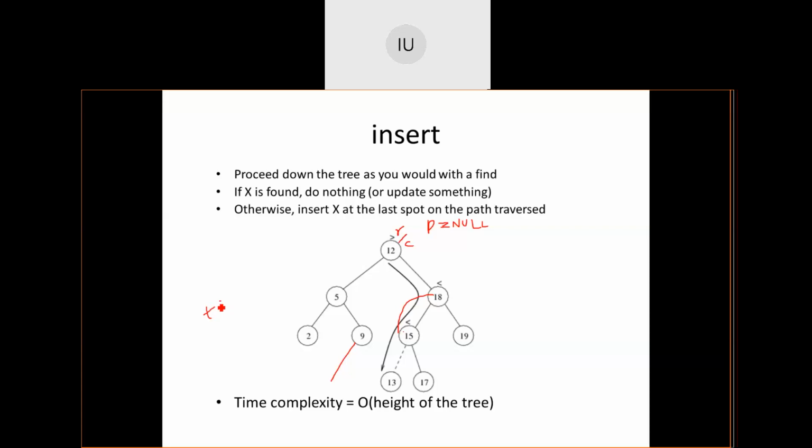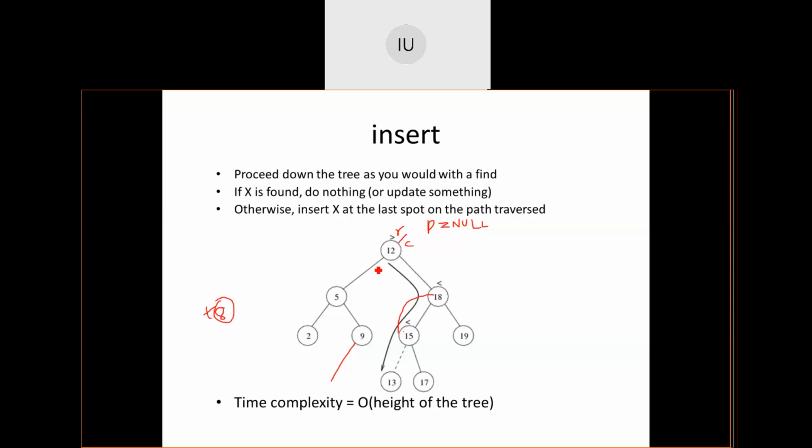Now temp contains the element to be inserted. What is that element to be inserted? 8 is the element to be inserted. Left and right of temp have been initialized to null. Now with this, I want to go for the insertion of the new element into the binary search tree in the BST order. Now, what is the thing that I need to do?